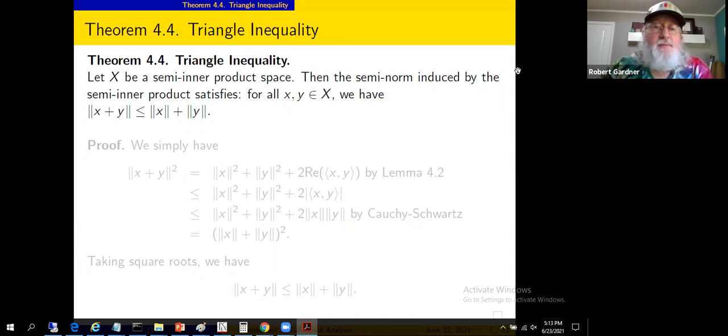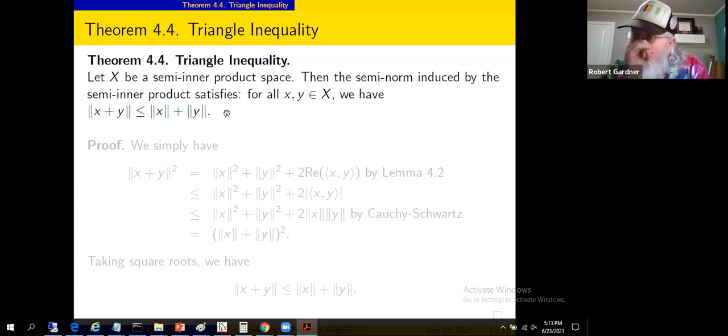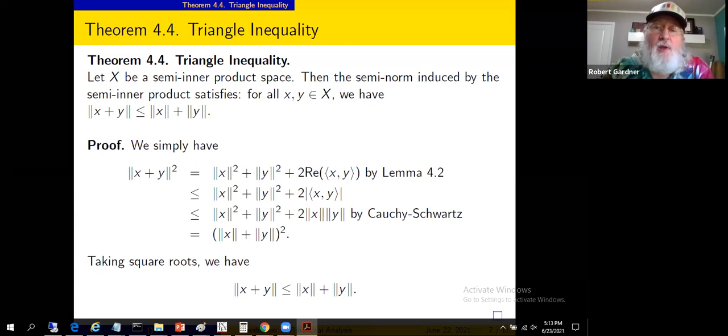So the claim is, for X a semi-inner product space, the semi-norm induced by the semi-inner product satisfies, for any X and Y, the semi-norm of X plus Y is less than or equal to the semi-norm of X plus the semi-norm of Y. There's your triangle inequality for semi-norms. The proof